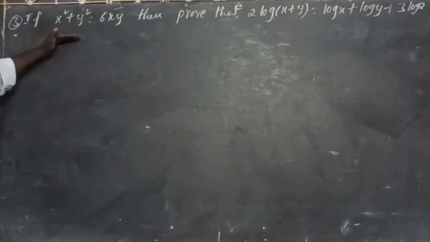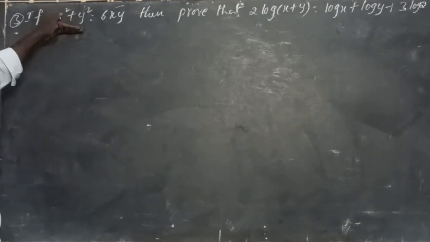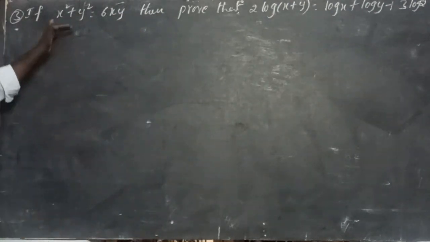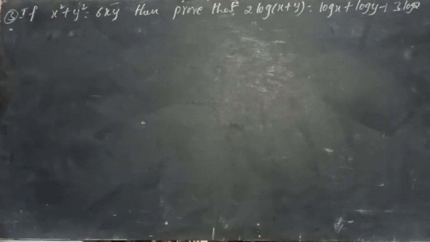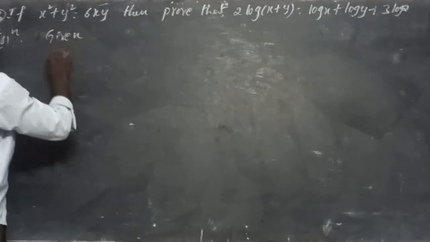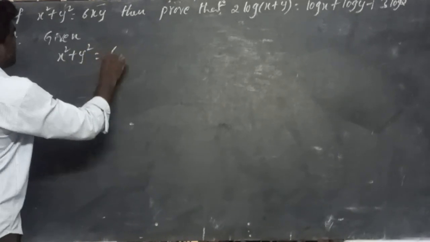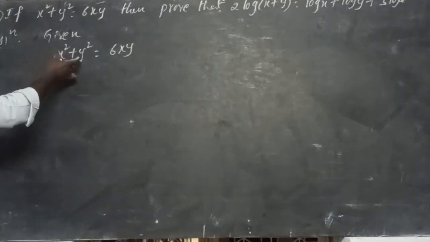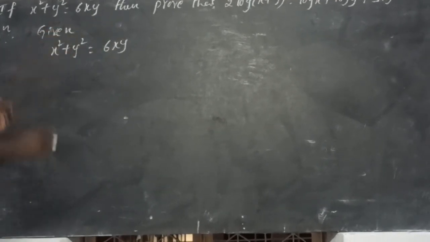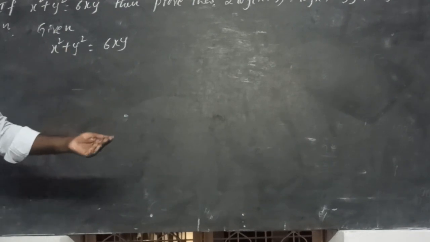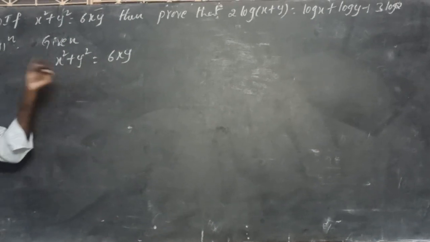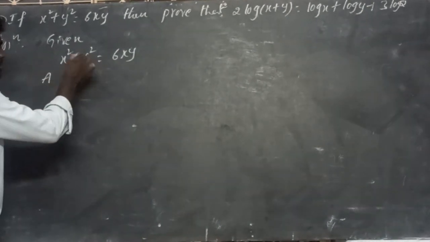Okay, that means the given equation we can write in the form of x plus y whole square. Then we can prove that. Okay, so how we can write x plus y whole square? Here the given equation. What is the given equation? X square plus y square is equal 6xy. Okay, the given equation we can write in the form of x plus y whole square in left side. So, but here x plus y whole square formula is what? X square plus y square plus 2xy. But here in this equation the LHS is x square plus y square. Okay, so adding here the missing term is 2xy.